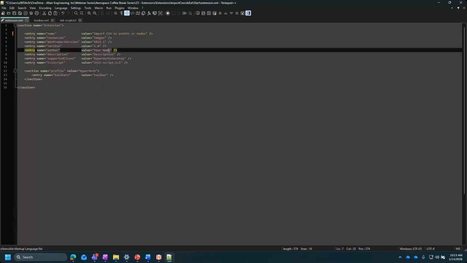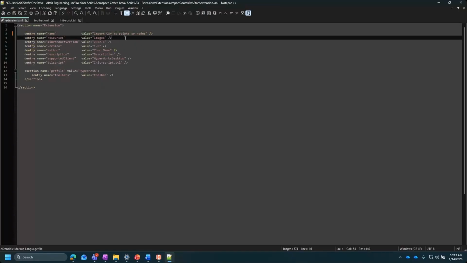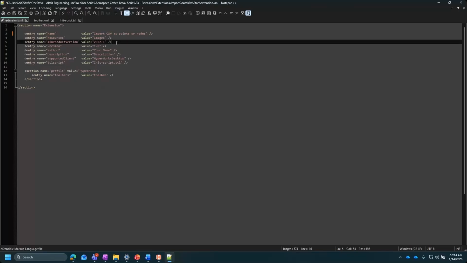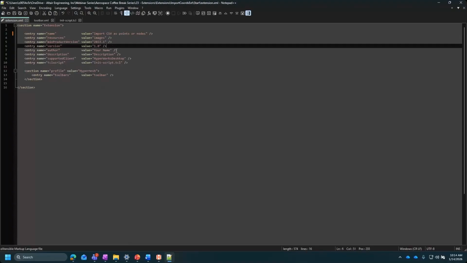Okay. And then for our resources, yeah, we're going to call to our images folder. So that's what will define out your icons for your buttons and things like that. So you can use any of the preset images in that extension demo for your images, or you can even just use a custom image that you create. So I'll show you how you can do that.